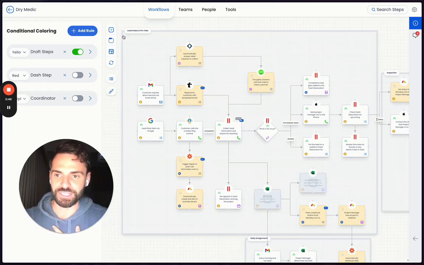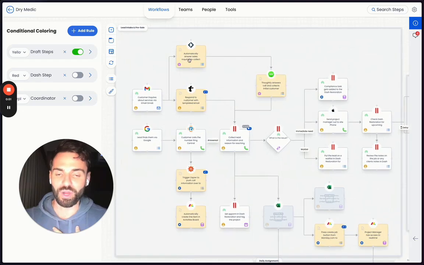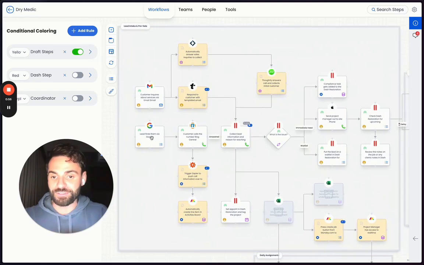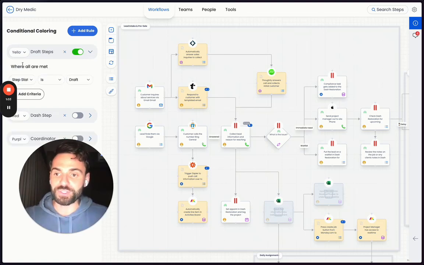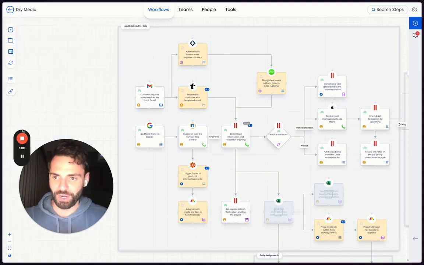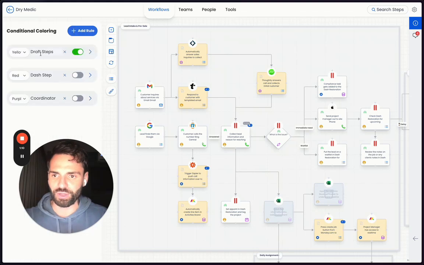And using this conditional step coloring, you can see in yellow are all of the steps that are in draft stage. So the steps that aren't in draft stage are their published process that they're currently using. But in yellow, now I get to designate by using conditional step coloring, which is an add-on right here in this sidebar. I just click on conditional step coloring, it opens up my sidebar,